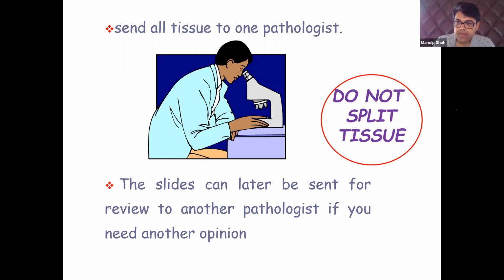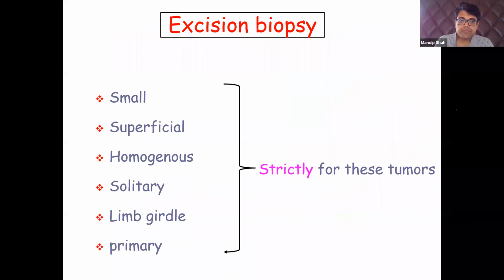One tumor will have some high grade areas, some low grade areas, some areas which are necrotic, which may not have any tumor cell in it. Some areas might be just simple reactive area. So one pathologist will tell you there is no tumor, another pathologist will tell you there is a high-grade sarcoma, and whom to believe. So the good thing is that you send the entire sample to one lab, retrieve the slides and blocks, and send it to 100 other labs if you want 100 other opinions. But do not split the sample.